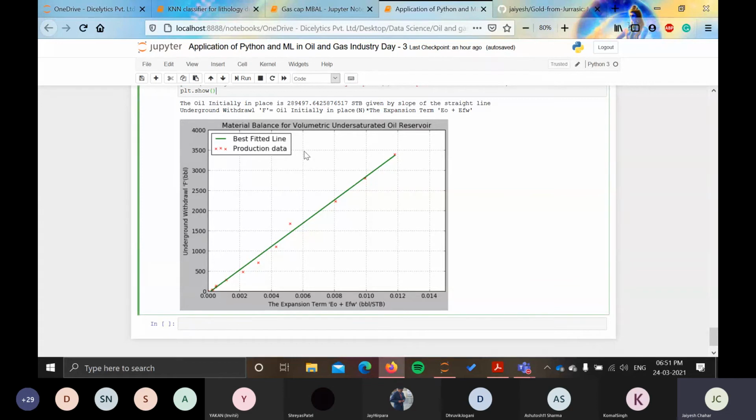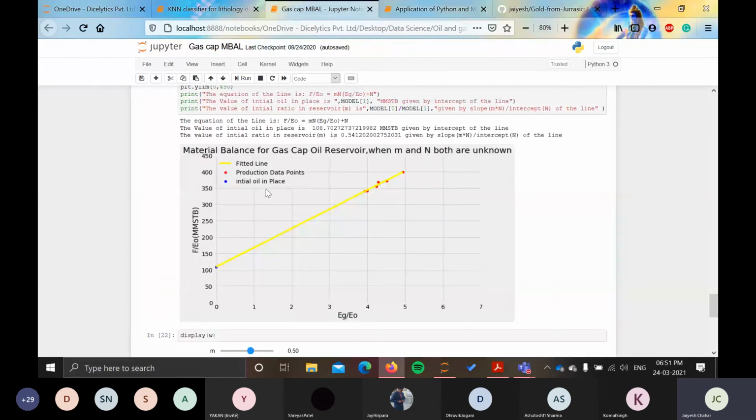So you can also make a program for that using your Python knowledge. And in any reservoir book, either Dake or Tarek Ahmed, whatever you like, I made one of the programs. I will show you, but we will not be able to discuss the code like this. You can also make something like this by using the steps given in Tarek Ahmed.